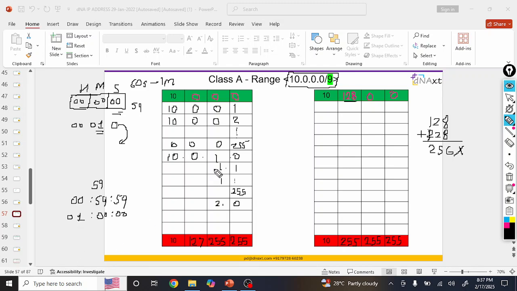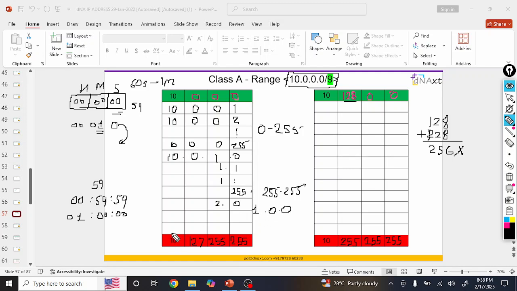Right? In the same way, here the rotation is from 0 to 255. So suppose this is seconds. So seconds are moving from 0 to 255. Instead of becoming 256, it becomes 0. This becomes 1. Again, its rotation is from 0 to 255. Then this becomes 2. Finally, it will become 255.255 in the last two octets. At that time, the next will be